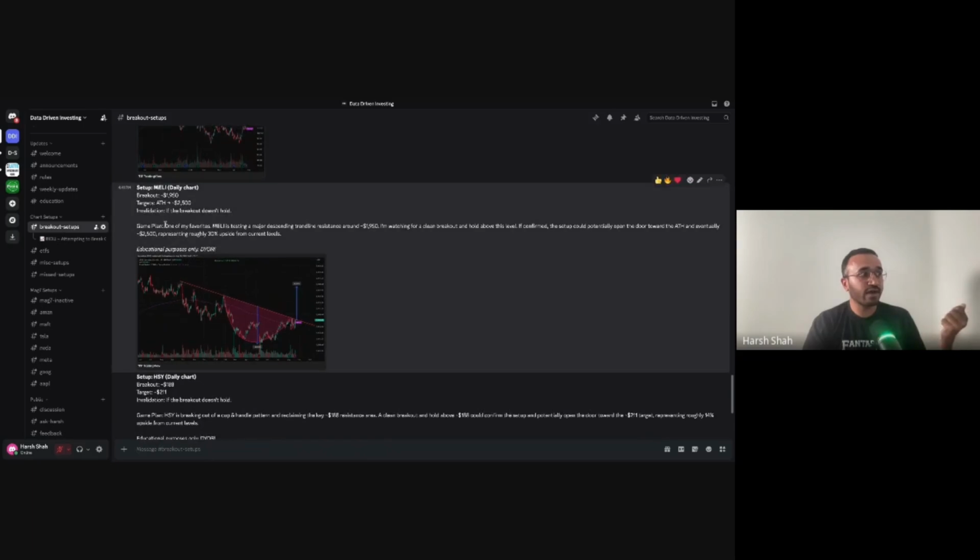So I try to give my game plan, but again, it's up to you to take the trade. So you'll see buy, sell things that I share right here. The whole goal of this community is I want each and every one to build a little bit of conviction before executing and not blame anyone. So if you look at this setup and if you knew this company is really good and you have been waiting to enter, it might be a good time when it breaks out.